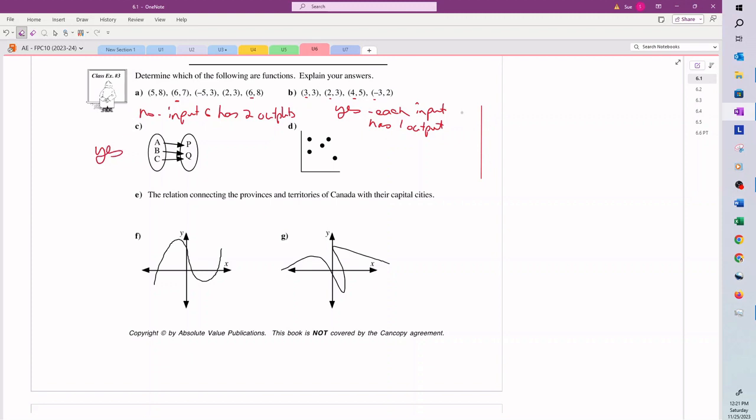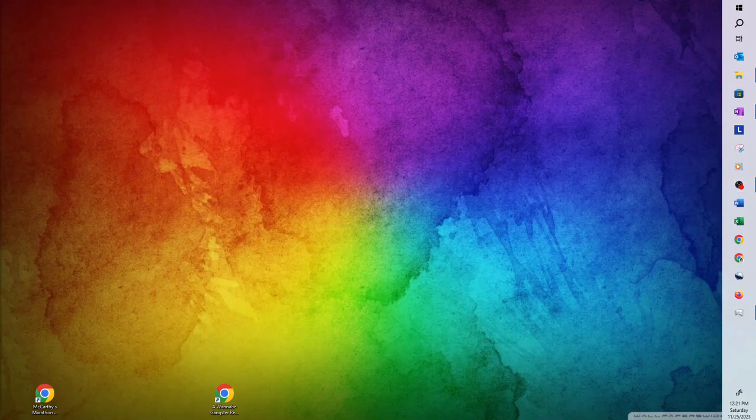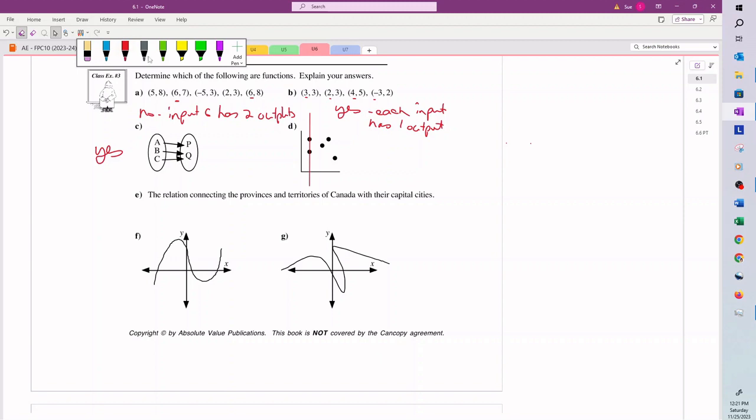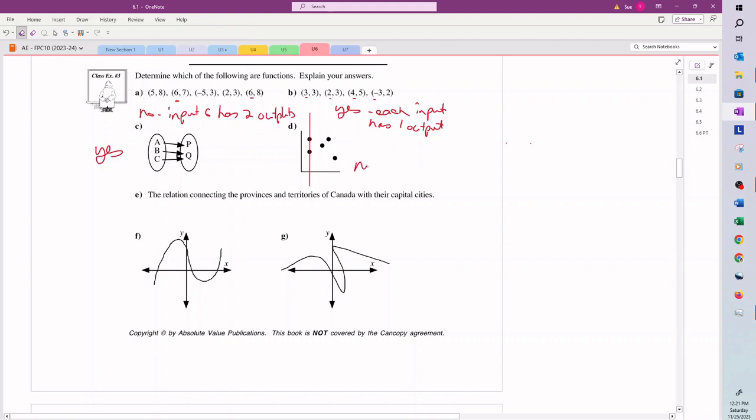And then if I go to D, I'm going to try the vertical line test on this one. Okay, so that point is okay, that point is okay, that point is okay, that point is not. This one is not a function. Now I got to go back to the pen. Fails the vertical line test. Okay, and then let's go